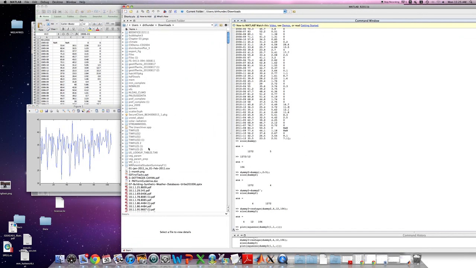You'll also note that we have our missing data in MATLAB. If you have the NaNs in there, it will just ignore those values. Okay, it'll just completely ignore